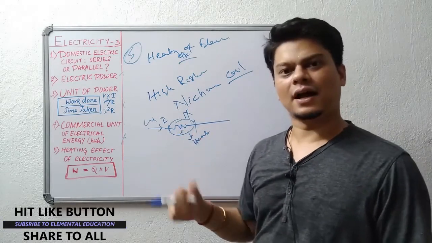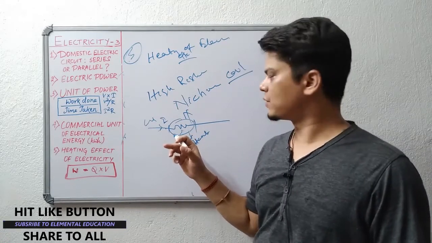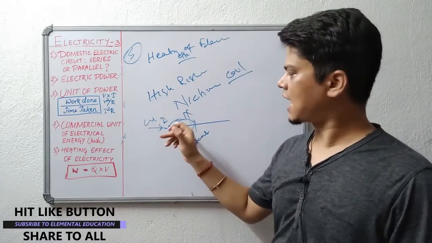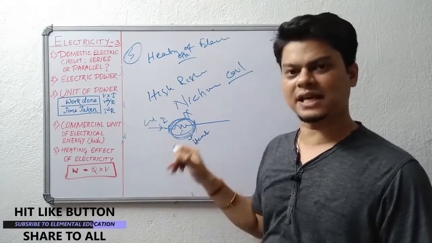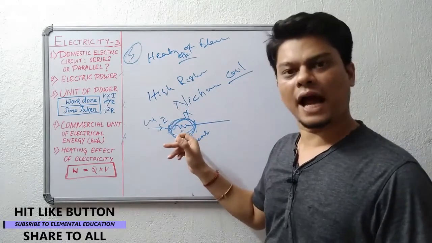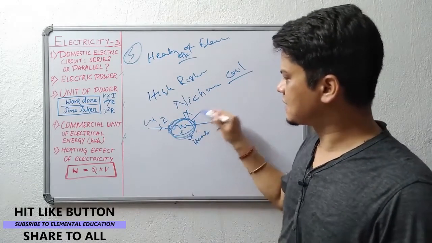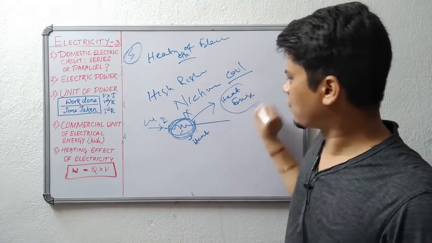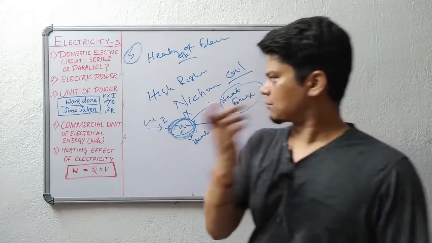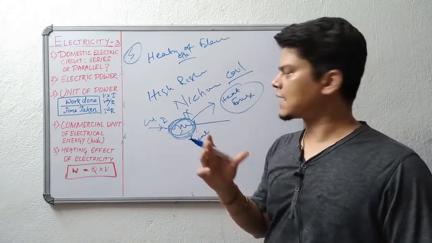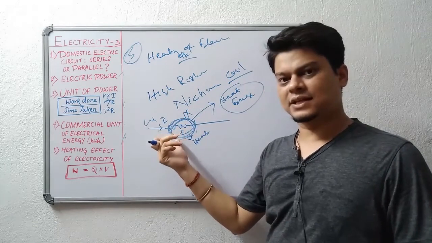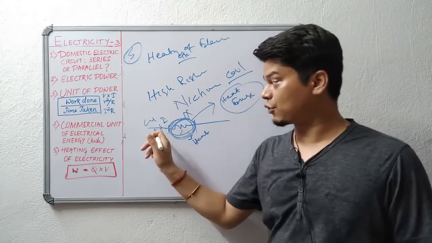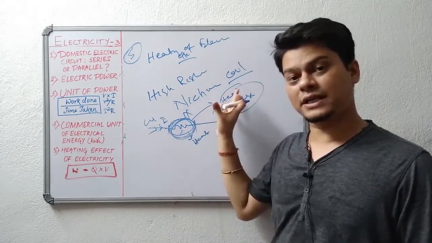I have already explained that depending on electrical conductivity, we have divided materials into conductors, resistors and insulators. These resistors are alloys, and they offer higher resistance. This high resistance gives heat energy. I told you in the last video that these resistances are used to decrease the flow of electric current. If you are decreasing the flow of electric current, then the byproduct is heat energy.